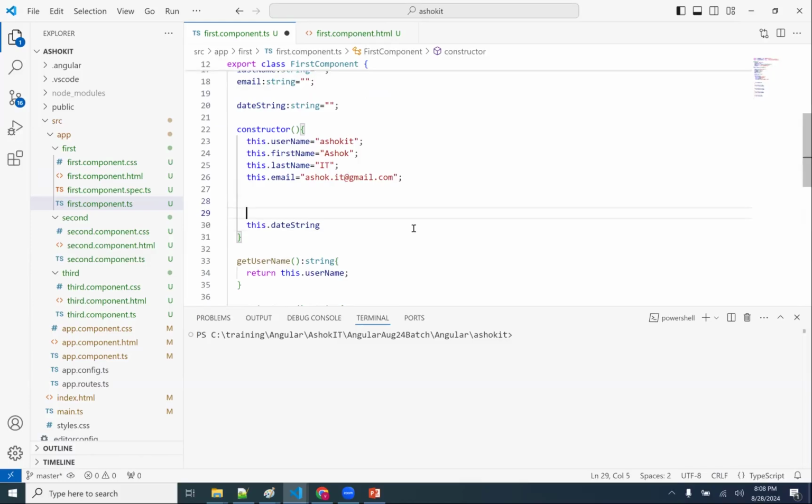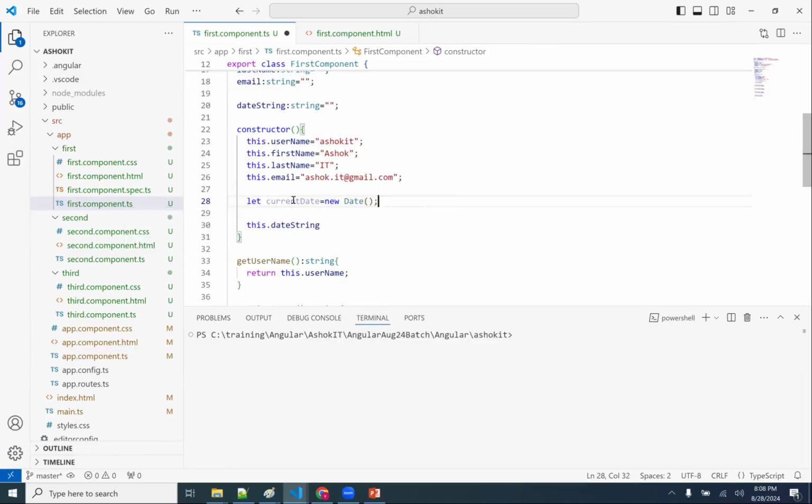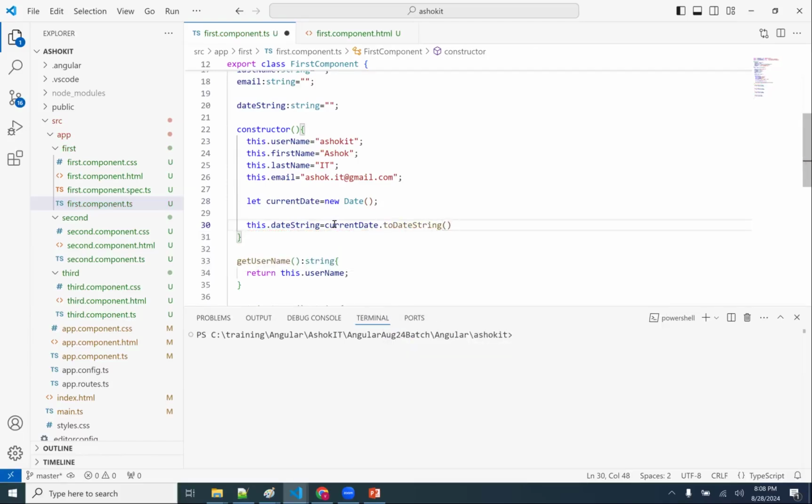How to print the date over here? Let current date is equal to new Date. Like in Java, java.util.Date, in TypeScript we have Date directly. So this dot date string is equal to current date dot toDateString, which gives the date,